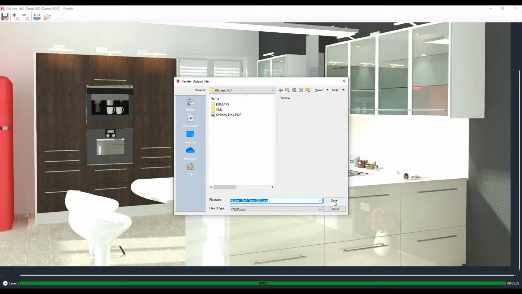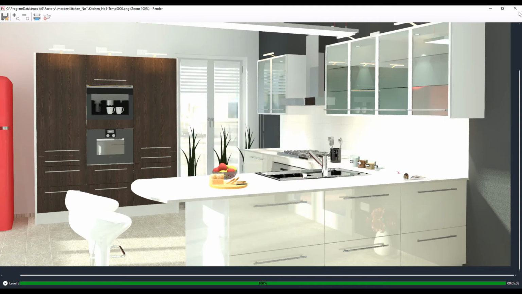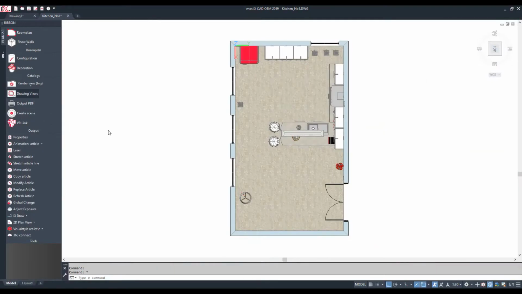Finish rendering, just go for save this picture. It comes directly to the same folder like we start in the organizer. Save it, and now we are finished with rendering. We can now switch back to the plan view,